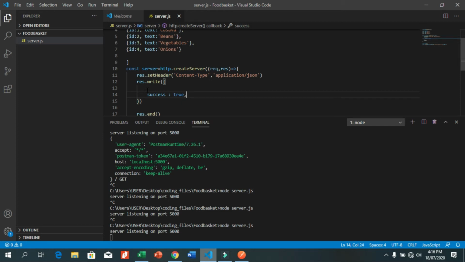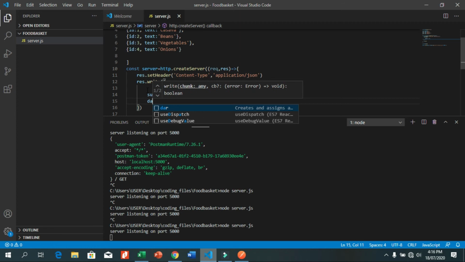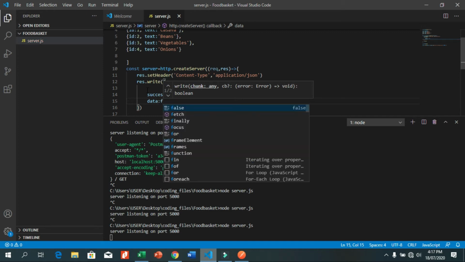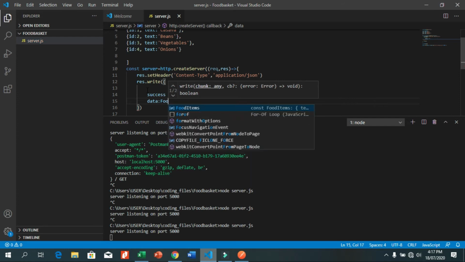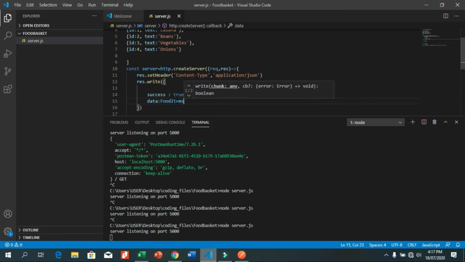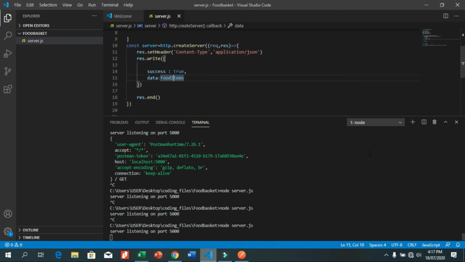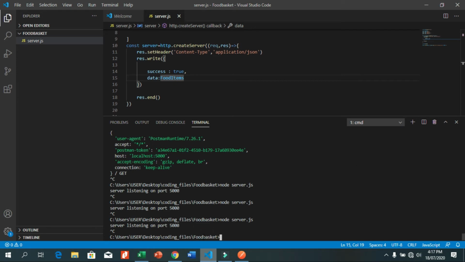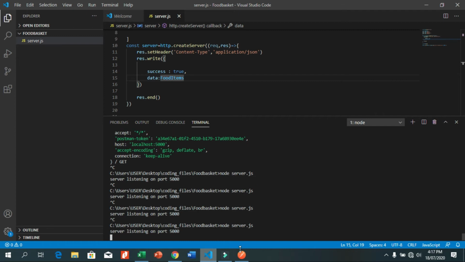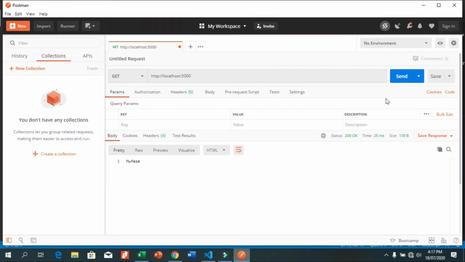Now, also, I want to return a data whose value will be the food items. There you have it, food items. And now, if I go over once again to Postman, restart the server, and go over to Postman and send,